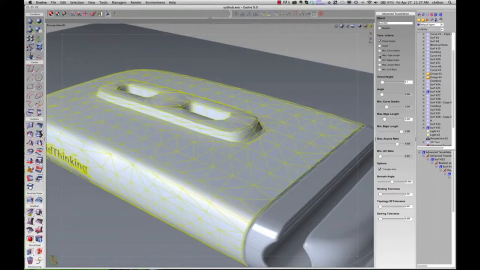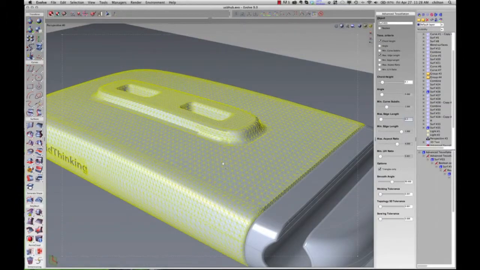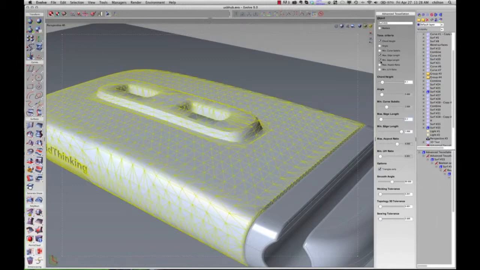So I'm going to click on max edge length. By default, it's going to use a value of 2. So if I want to make this even tighter or finer, I can move this down to 1. So you can see it's a little bit tighter. So maybe I'll even bump this down even more, say 0.3. Okay, so that's a little bit tighter. And you can also set the minimum edge length. So if it's creating some bigger sections in some areas and some really tiny fine details in some other areas, you can choose the minimum edge length. And I'm going to set that to